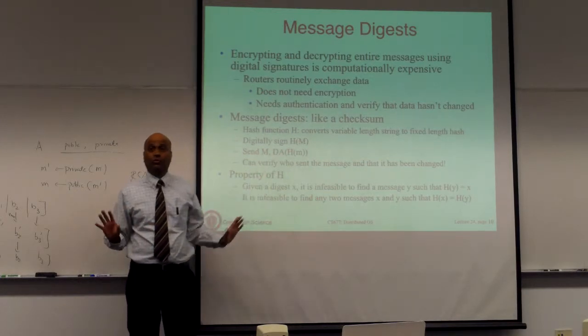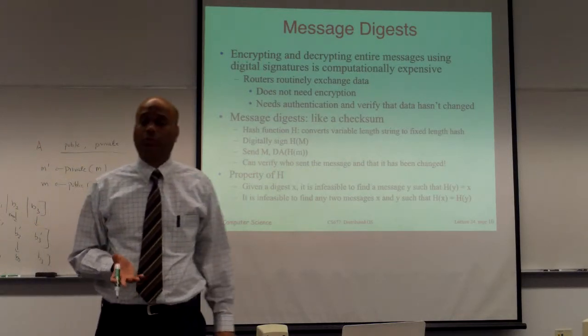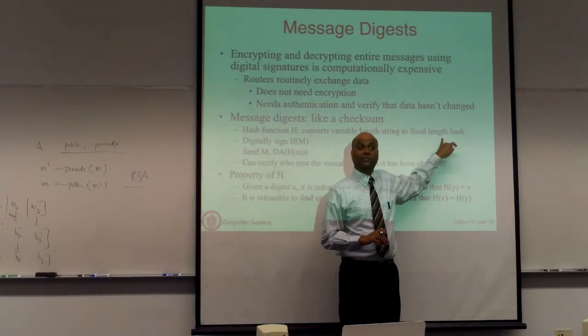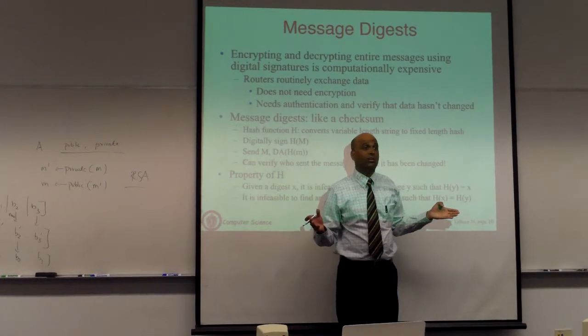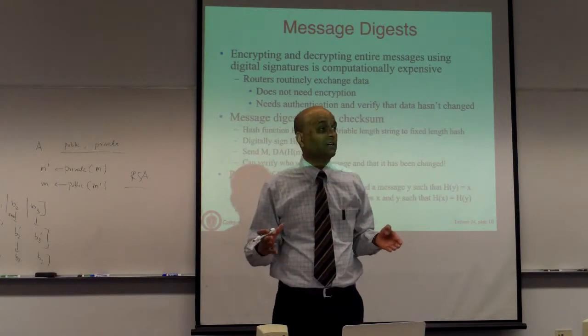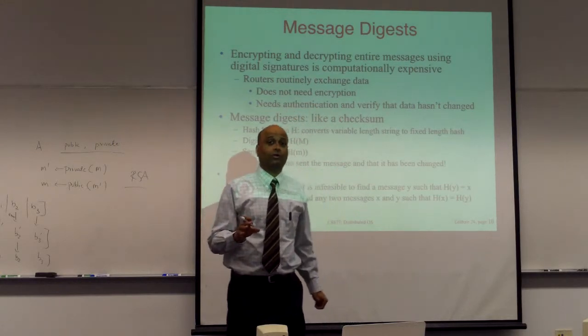Okay, so in other words, if there's a hash collision, let's say you have M and M prime, and hash of M and hash of M prime are one and the same, and you are actually signing hash of M, then the intruder can claim you signed M prime instead. So you want the probability of hash collisions to be low. Any hashing function, as you realize, will have collisions because we are taking arbitrary length strings and mapping them to fixed length values. Fixed length values can only hold a certain number of values. So given an infinite set of documents, we are mapping them to a finite set of hash values. So there will be collisions no matter what, but you want the probability of that collision to be as low as possible.